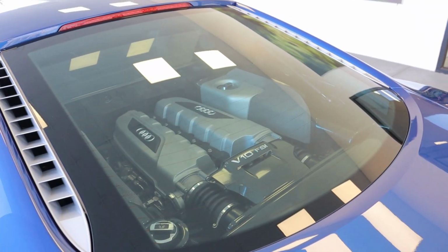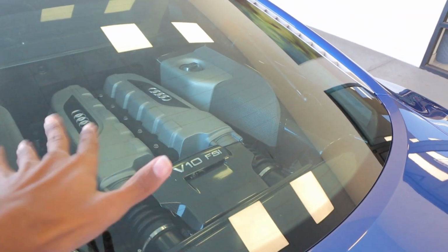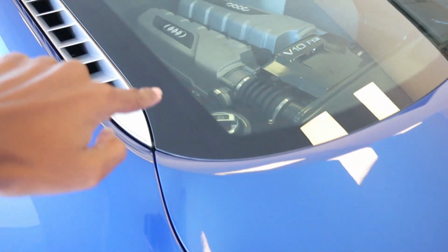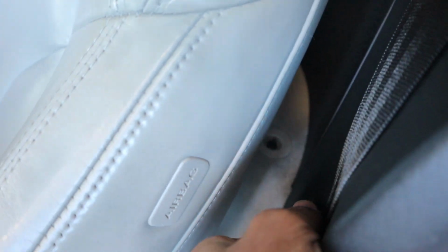So now you guys might be wondering, oh, hold on a second, Pokey, I want to see this naturally aspirated V10. Like, I want to be able to touch it. Is there any way to open this? Well, as you guys can tell, yes, there is. And the way you actually do it is, if I come back here and move the seatbelt back, there's actually a lever. You pull that,